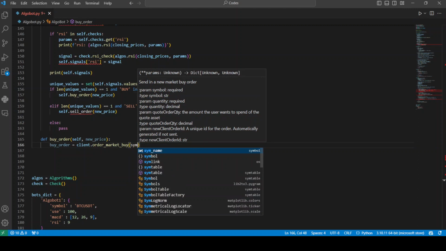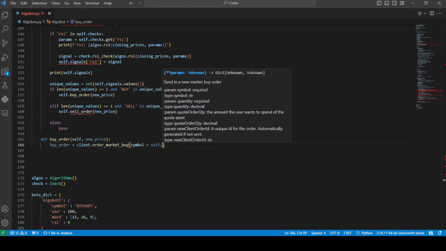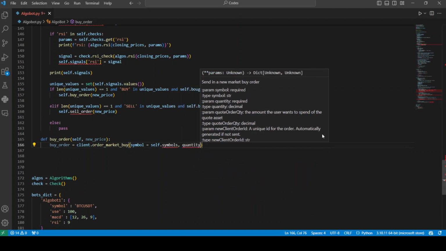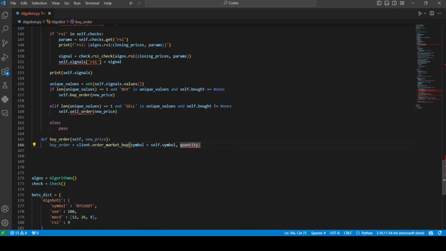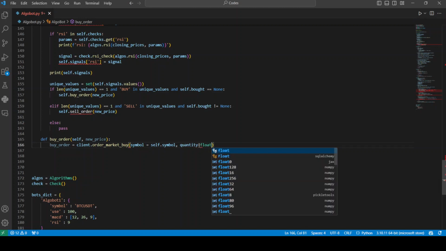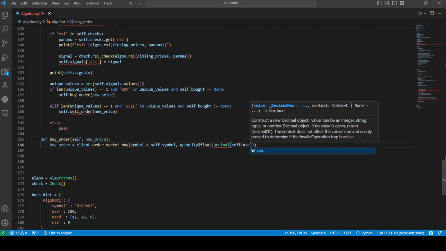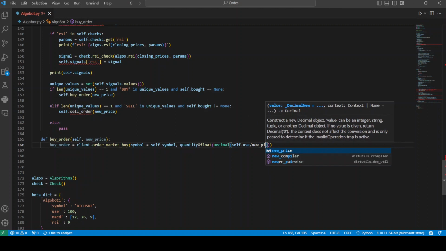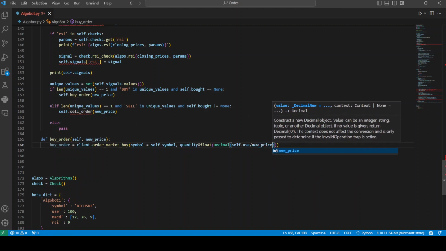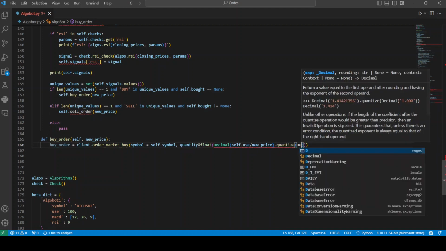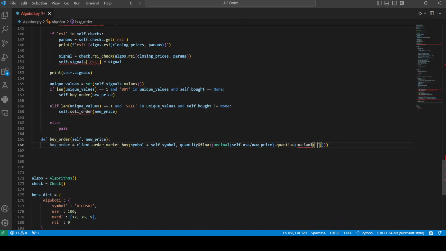And then the symbol of it is going to be equal to self.symbol, and the quantity will be equal to float of decimal self.use divided by the new price, to determine how much in Bitcoin we're going to buy instead of how much in USDT we're going to buy, and then .quantize decimal, and then 0.0001, which is the lowest amount that Binance will take,